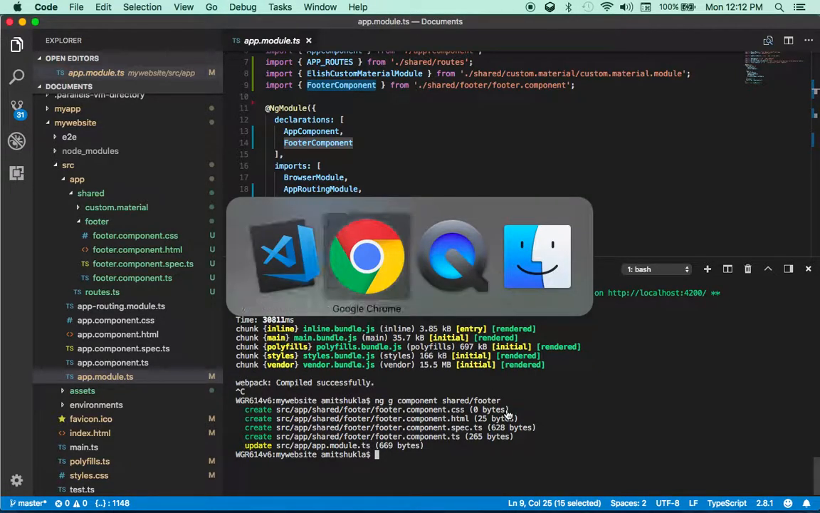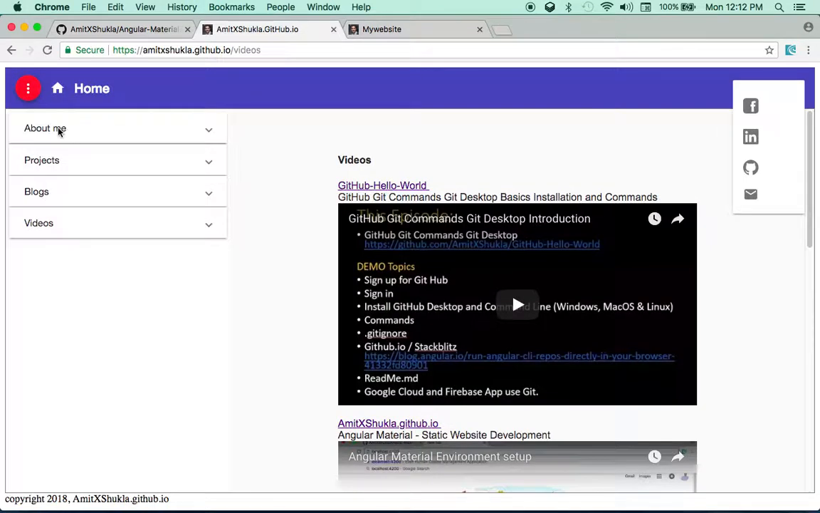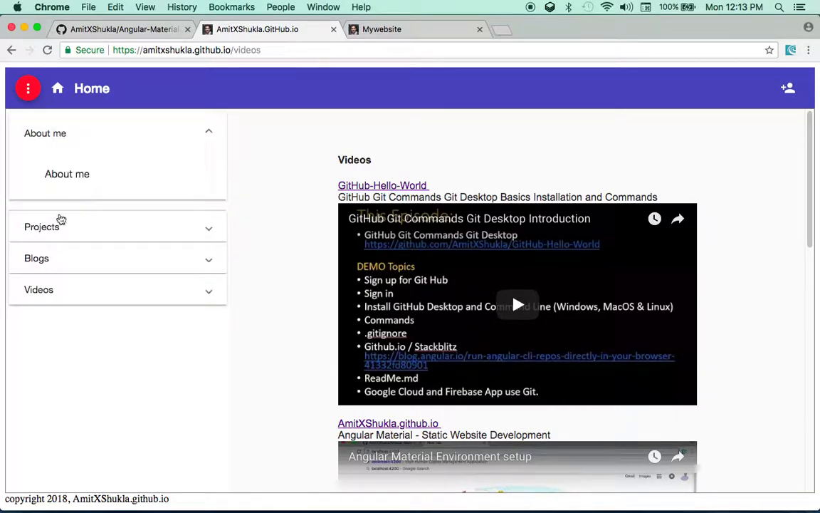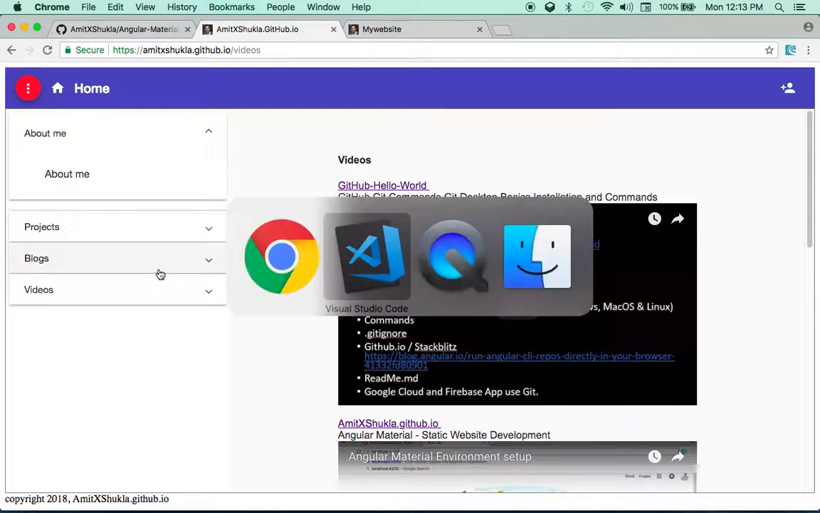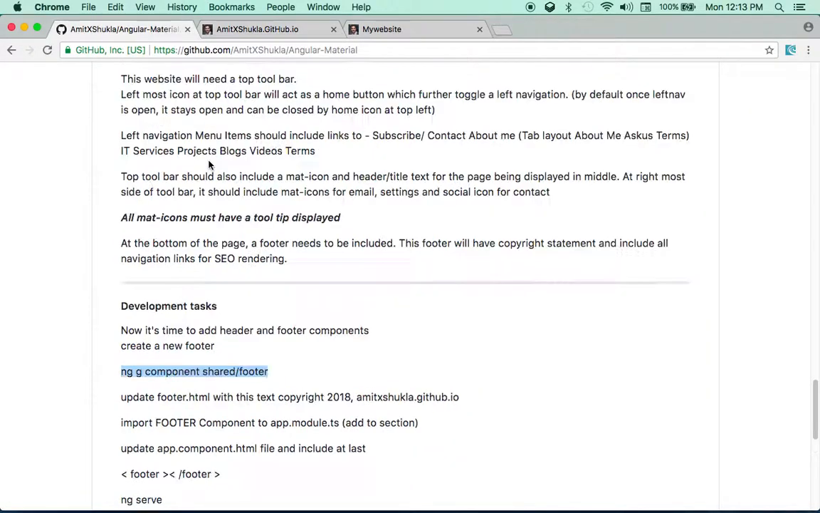Okay. Now let's quickly go back to this website. As I mentioned, I will also need a couple more components like blogs, videos, and home, about me. So these are the three different components I will use. So as you can see, if I go back to my GitHub repo,